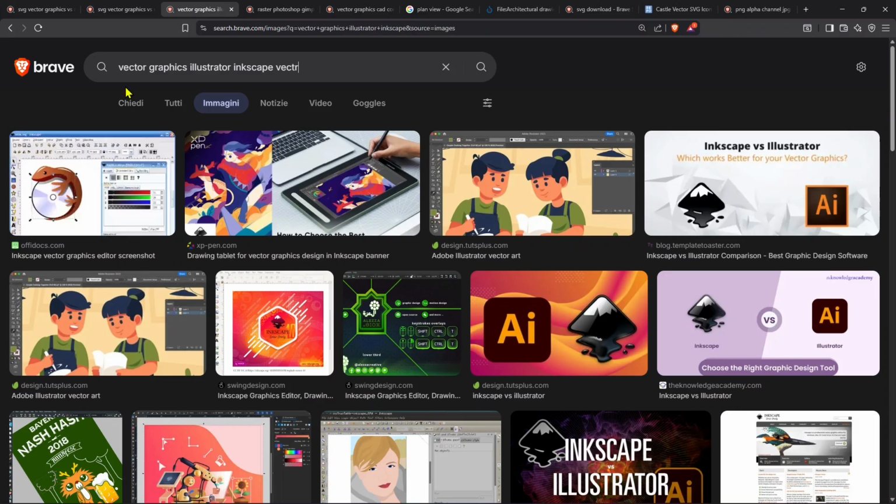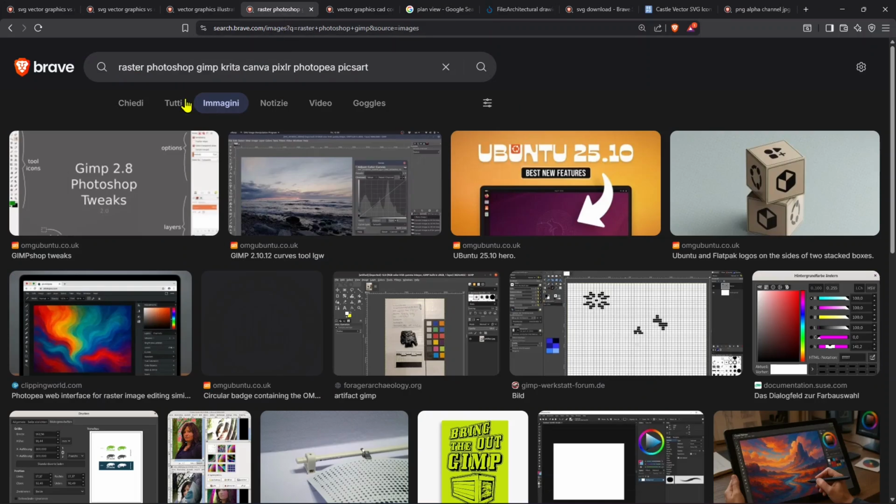And you will find a lot of examples just searching in the web. Now, some software for graphic design are Illustrator, Inkscape, Vectr. It's a website that you can use to develop vector graphics, and you will find this in the channel. Inkscape is the free alternative version of Illustrator. And for raster graphics, you can use Photoshop or free alternatives like GIMP or Krita. Krita also is a software, or websites like Canva, Pixlr, Photopea,